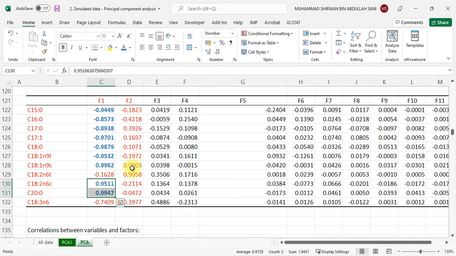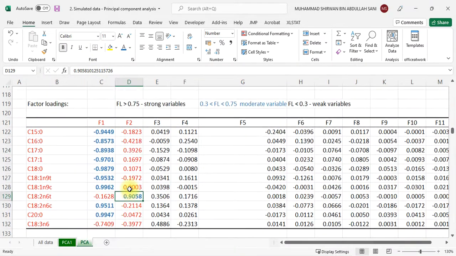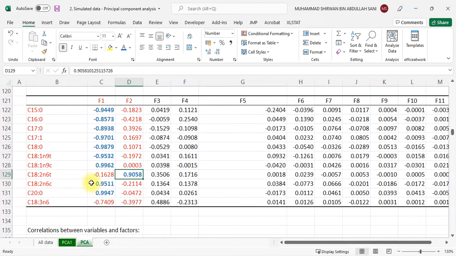This one, 1. Okay, so in this study as well, besides the 11, 10 are the most significant ones that are streamed down